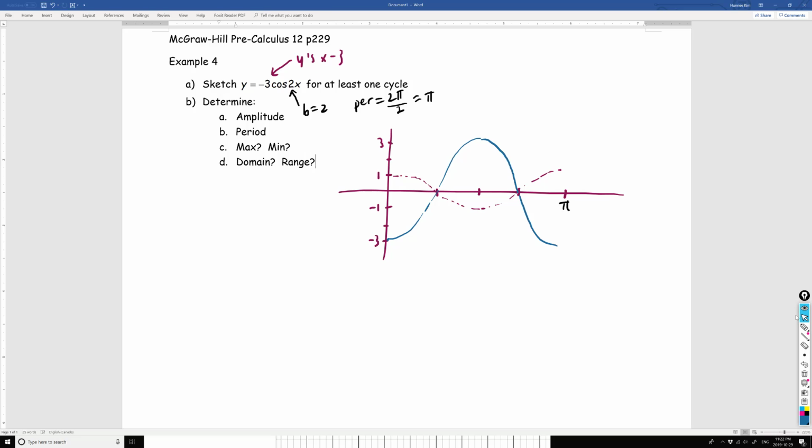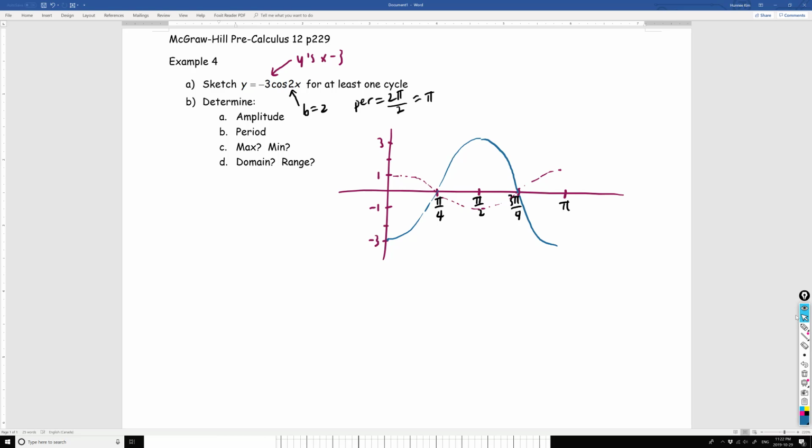So pow, the period is no longer 2 pi, it's now pi. Because this diagram is not to scale, we had very little work to do to change this and to respect the fact that we have a skinnier graph here. So this here is correct because we changed the label when taking care of the b value of 2. So if this is pi, half of pi is going to be pi over 2, and half of that is going to be pi over 4. This is 1 times pi over 4, this is 2 times pi over 4, which is pi over 2, and this is 3 times pi over 4, which is 3 pi over 4, and this is 4 times pi over 4,